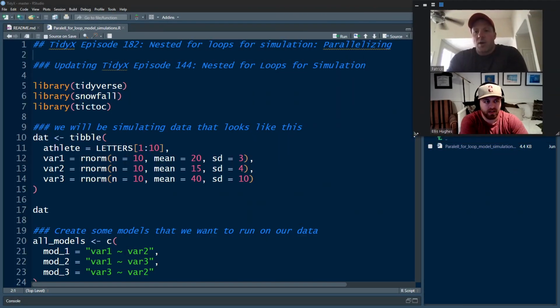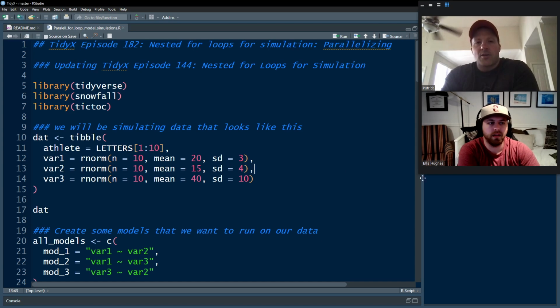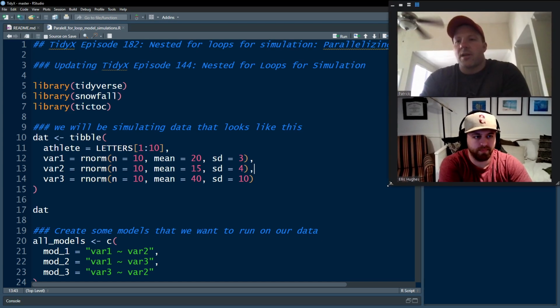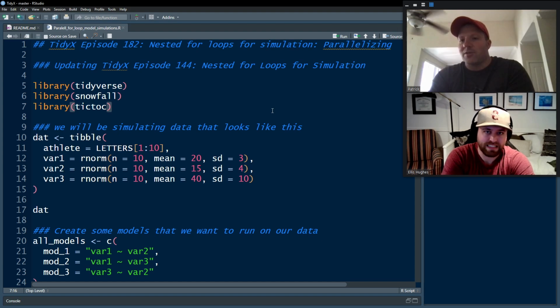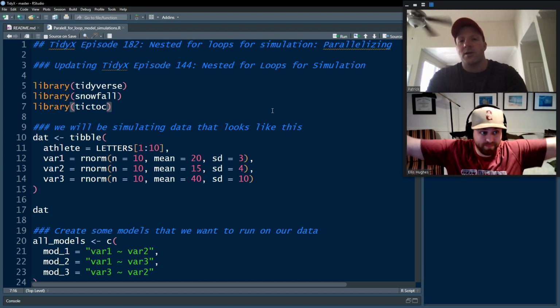182. This is a viewer based question. This was a colleague, a researcher at a university who's doing a lot of simulation work. They have a big simulation with a nested for loop, and it takes a long time to run. R being single threaded can sometimes take a long time to run with those things. So today we're going to talk a little bit about